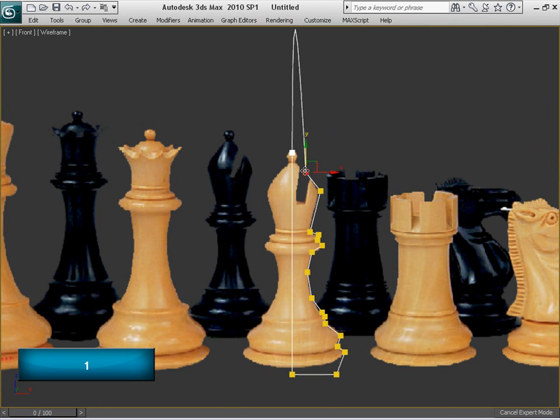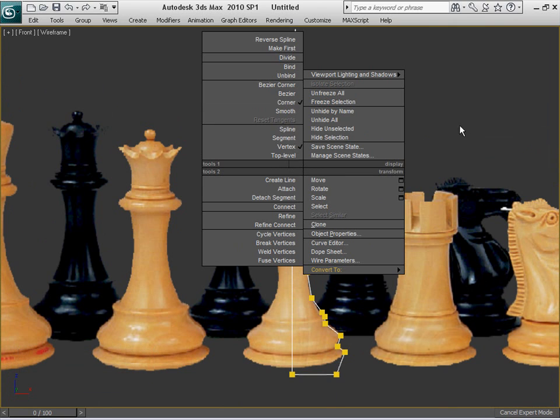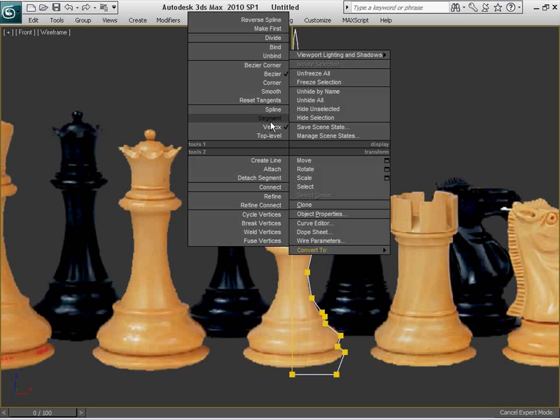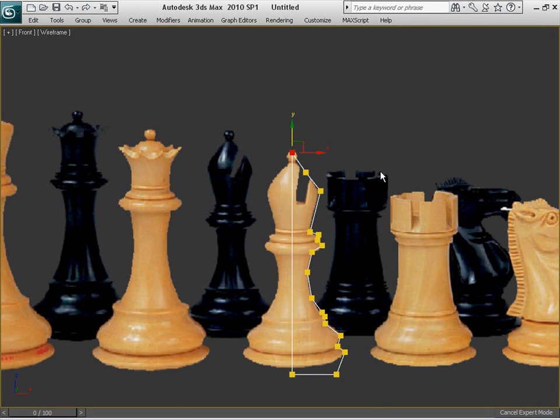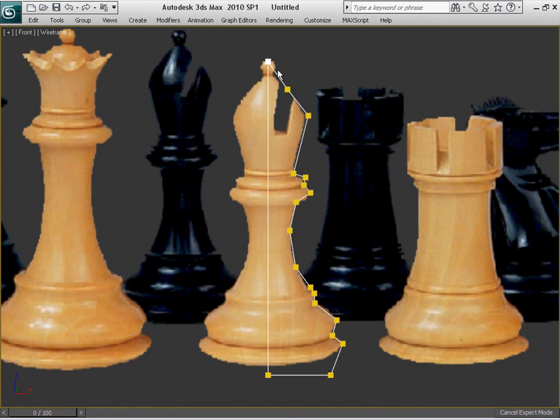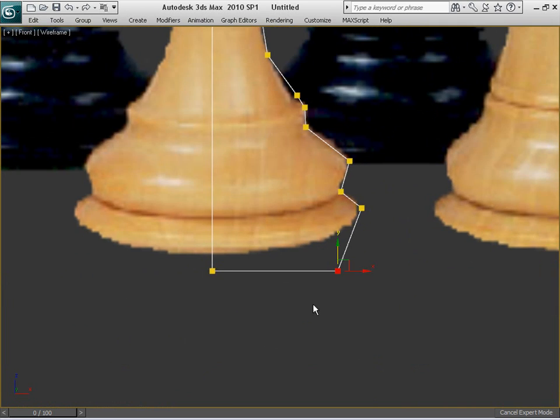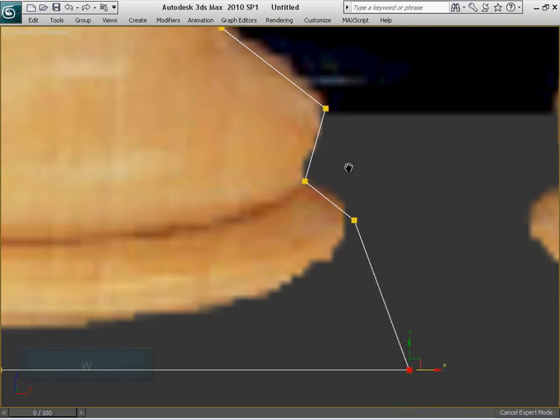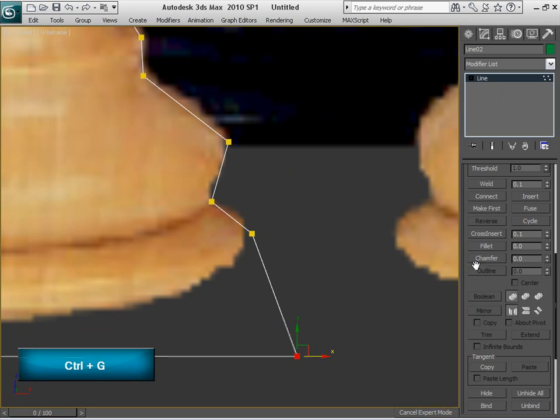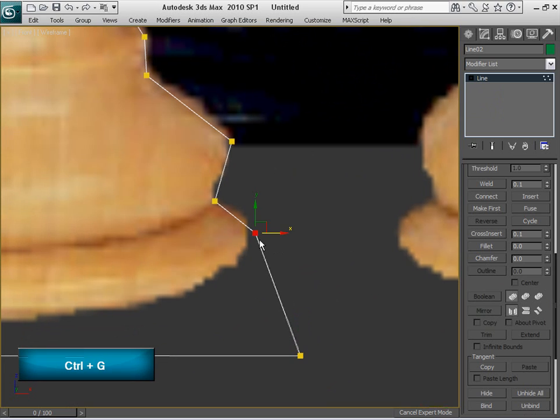That is because this one here, it is a corner, and this one, it is a Bezier. Let's make it a corner as well. So here we have the basic image. We're gonna go ahead and do the same as we did before. We're going to be using the same commands, the fillet in this case,